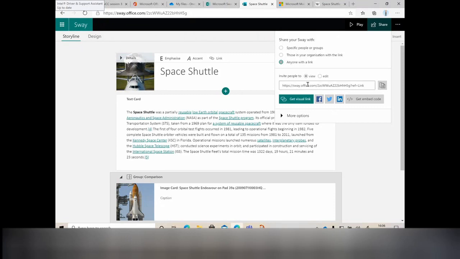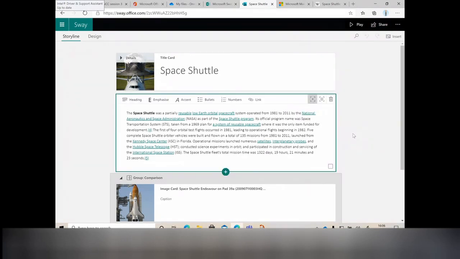And of course, if you're doing this internally, it may be something that you are getting students to share with each other and collaborate on. We can of course change that permission from a view permission into an edit permission really easily, just by clicking on the radio button. So making sure we're happy to share things in Sway is really important. But again, if I go to the menu next to share,